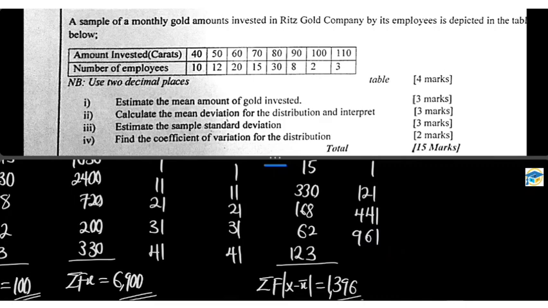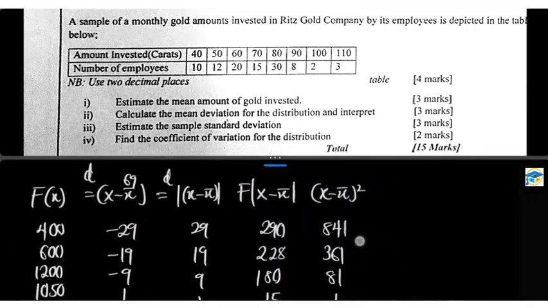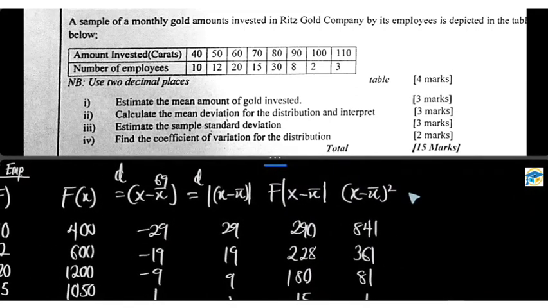And then lastly 41, I should be able to get 1681. Once you get these values also down, the next step is to have a column for f into bracket